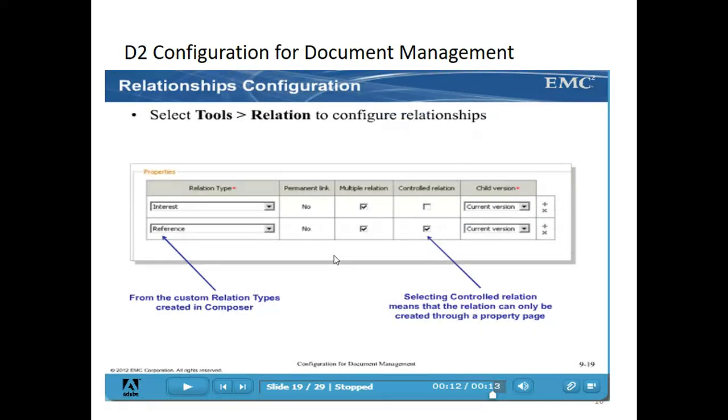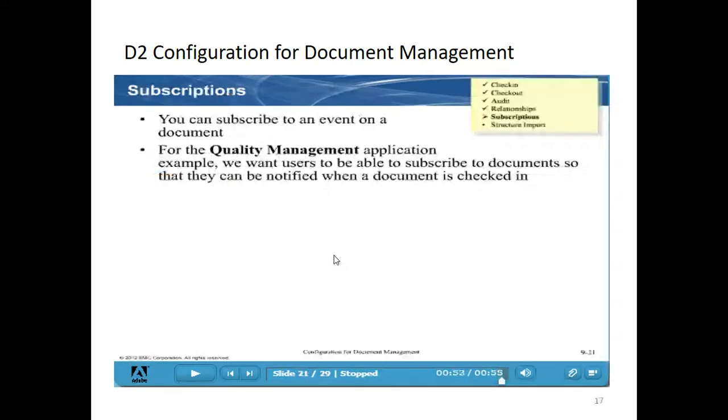You can configure the relationship using the relationship type imported using Composer, and multiple relationships should be enabled. The controlled relationship can only be created through a property page.